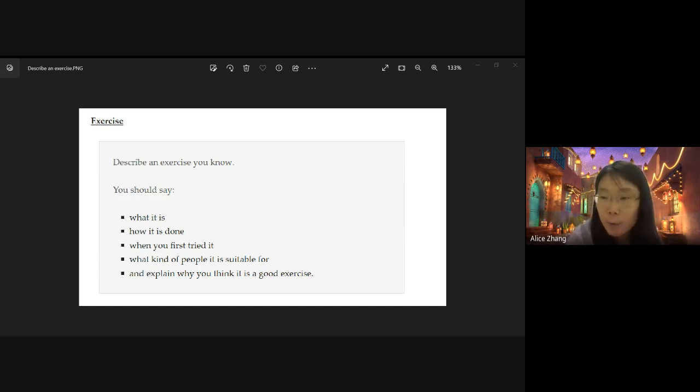We can jog everywhere, and although it is a simple exercise, it is good for our health. And actually, when I was in primary school, my PE teacher told us to do the jog. Every time we start the PE class, we do the jog. And I think it is a sport that is suitable for nearly all people, but maybe it is not suitable for old people